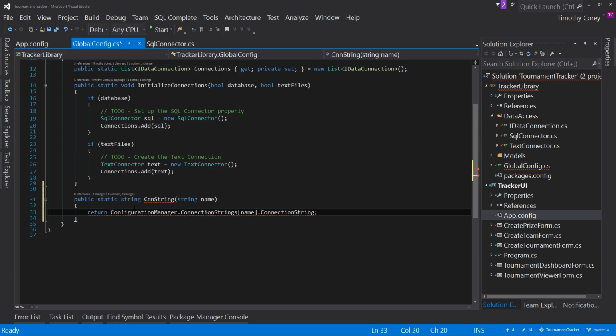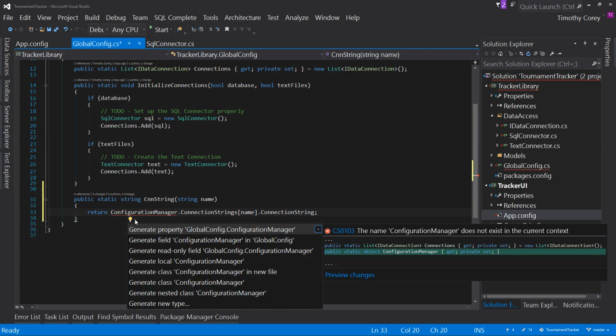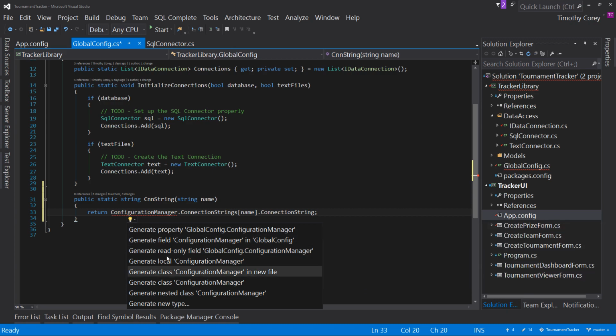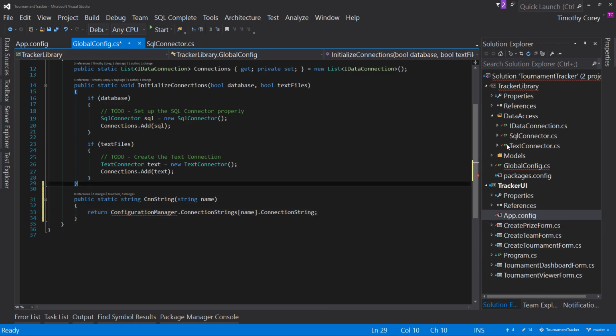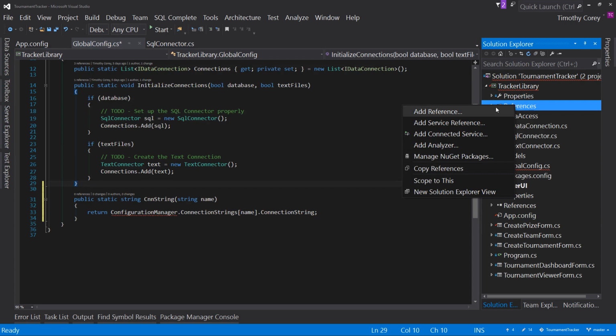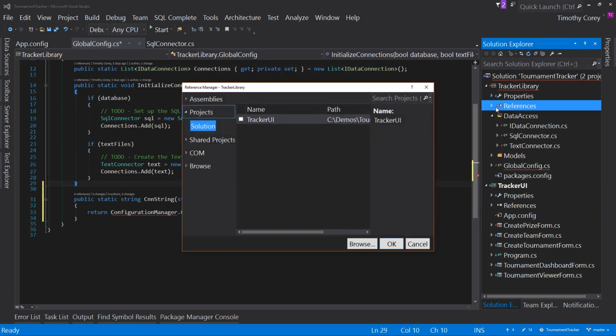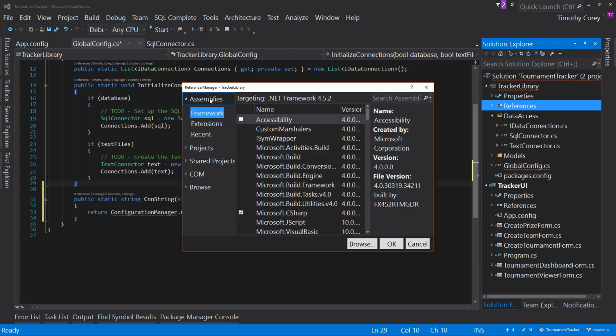And we'll return all of that. Now it's yelling at me because we don't have access to this namespace. And in fact, if you do the Ctrl+. there's not an add using statement for that. And that's because we have to right click on references and say add reference, come to assemblies,